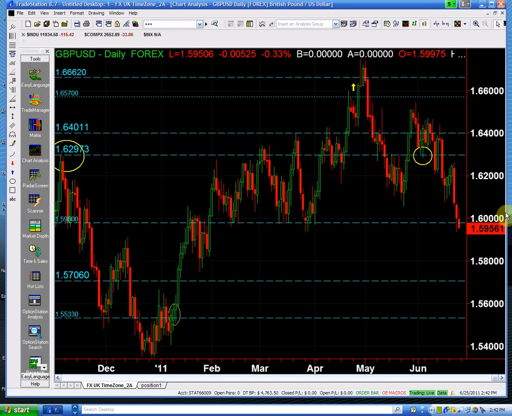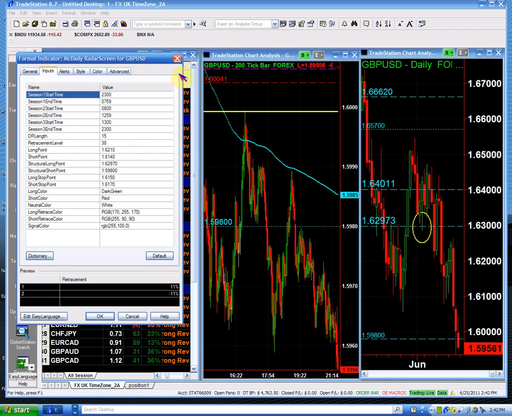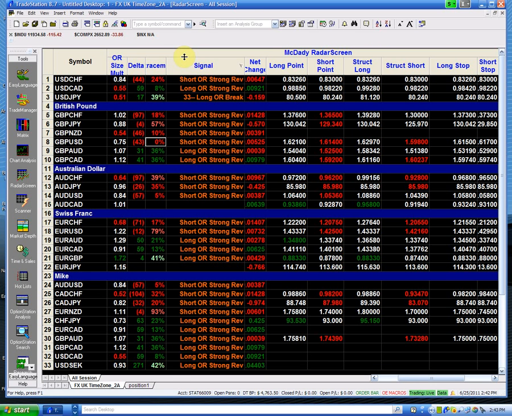And of course this is quite an easy setup for us to trade. Why? Because if this is my pound dollar, and look at this, this is the radar screen, guys, and especially the guys that have the software, whenever they begin to look at trading the next day, you want to see how it closed. And if you look at the retracement, it closed at the low of the day,